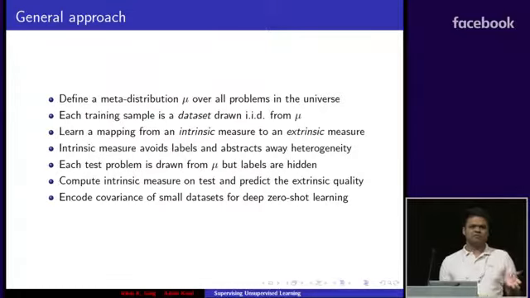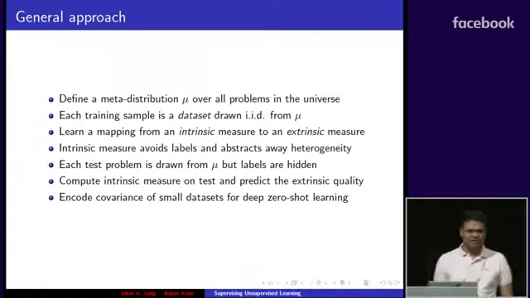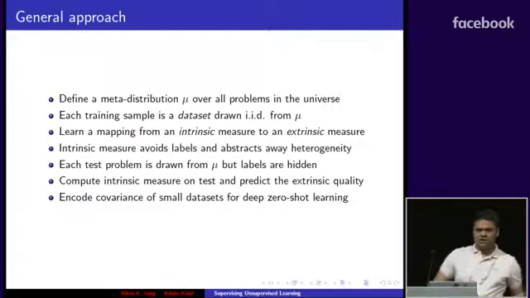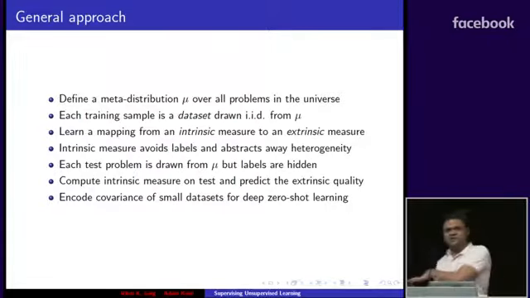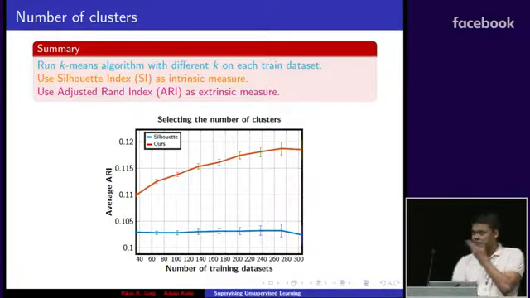So the way we model this is you have a notion of intrinsic measure which works only on the unlabeled data, so it does not require the labels. And you also have an extrinsic measure which can feature in the labels, and you could evaluate accordingly. This helps us map from the intrinsic measure to the extrinsic measure, and when a new data set comes, I could compute the intrinsic quality and find the algorithm or the other quantity of interest based on that for the new data. So this is like some evidence.